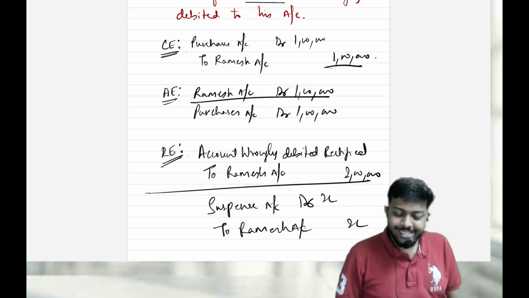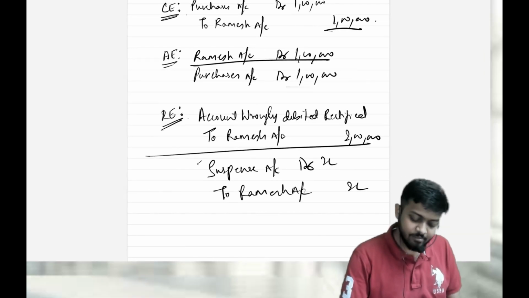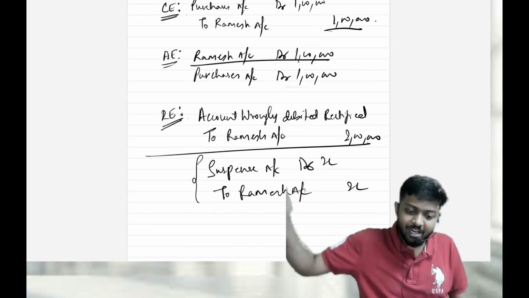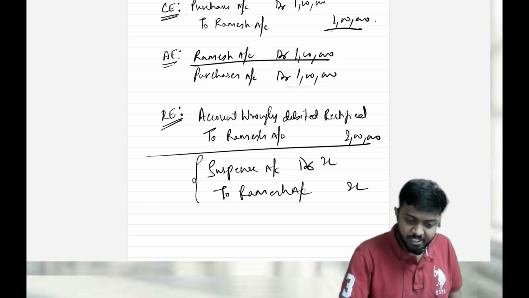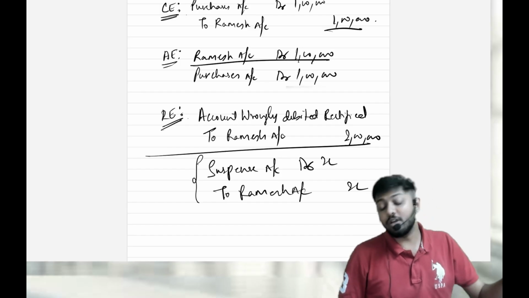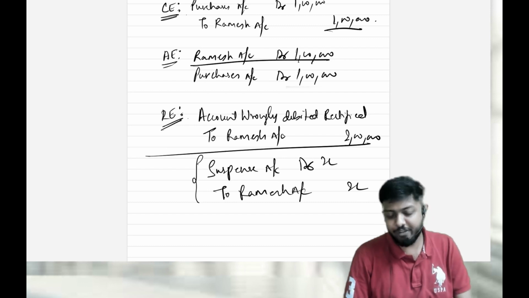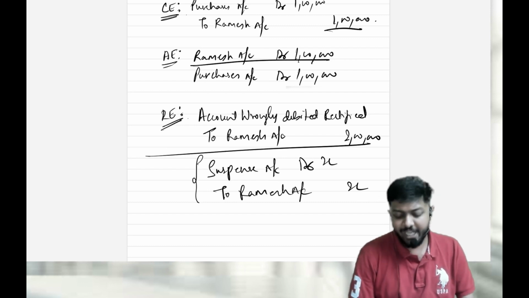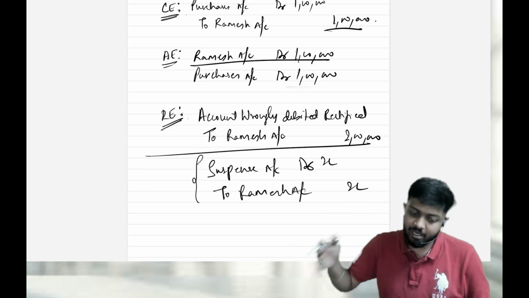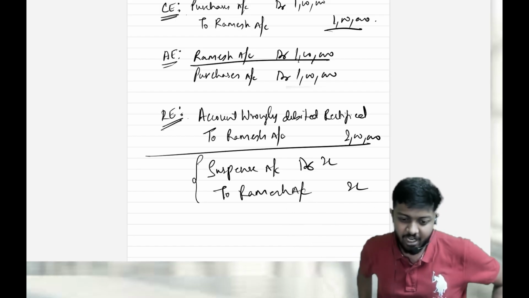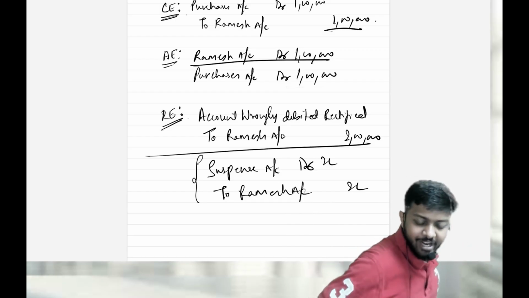Sir, what if we find it out after final accounts? After final accounts, same. Trial balance will be there even after final accounts, and the trial balance is already prepared. So, this entry only. But you should not forget our rule. If in the rectification entry you have any nominal account, then instead of that nominal account, we use P&L adjustment account. Here we don't have. Ramesh is a creditor. Suspense is not a nominal account; we'll carry forward the balance. It's like an asset or liability account. So both are not nominal accounts. Even after final accounts, this entry will be the same.